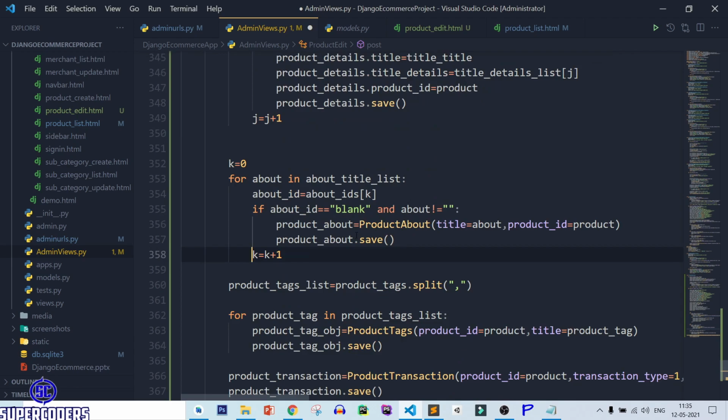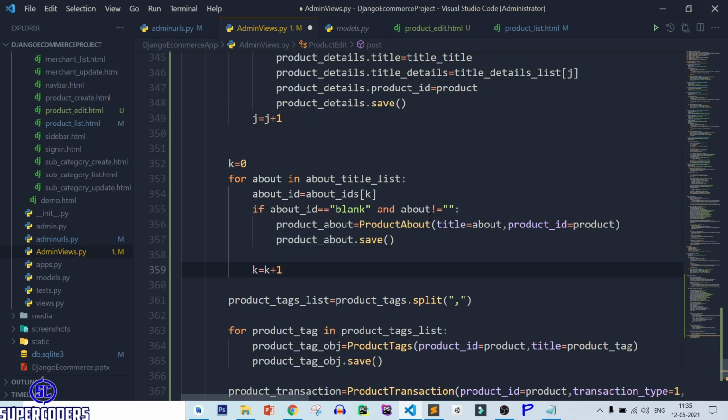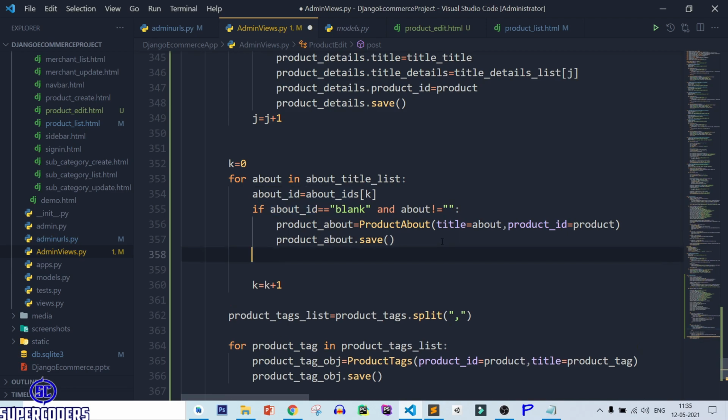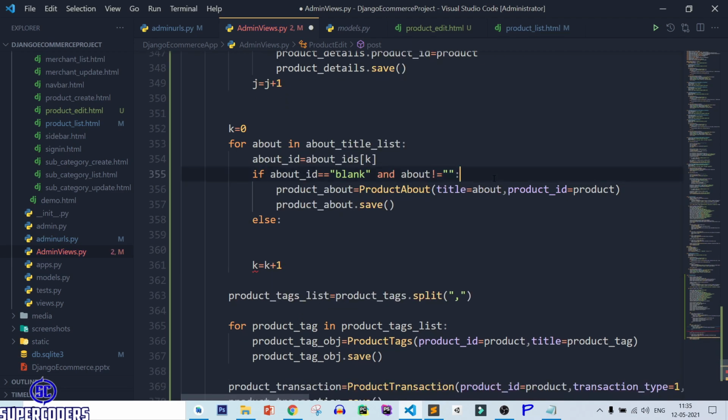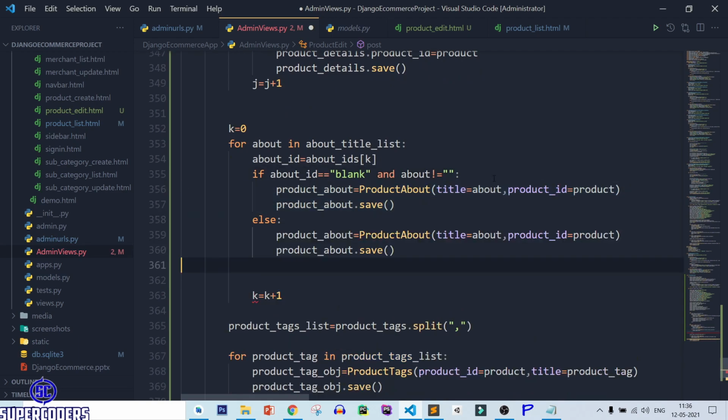Also same here, outside. Now here if about id is blank and about not equal to blank, then create a new about details of product, else you can save or update the data.